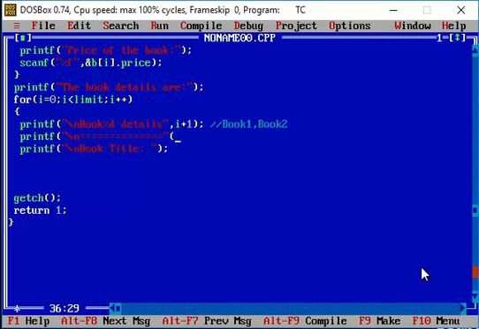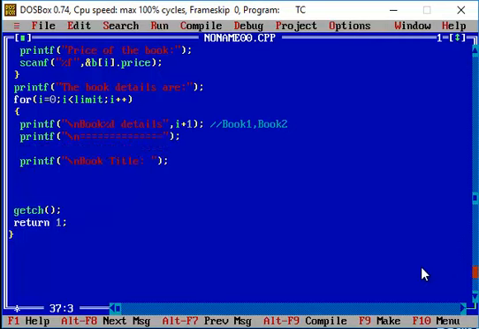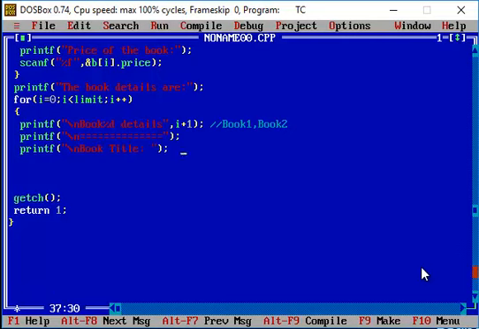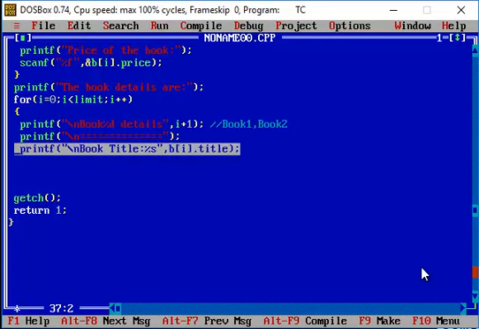So we have to enter the book title. So let's say for example here I'm going to make use of the %s. So the value is being stored in your structure variable in the index, and you have to call the structure member. So this will be your syntax. Similarly, I have to enter the author name.